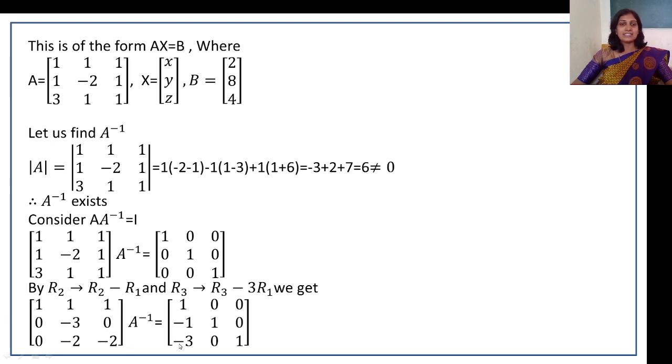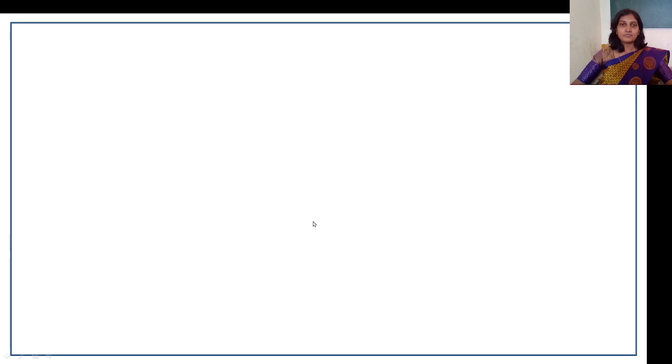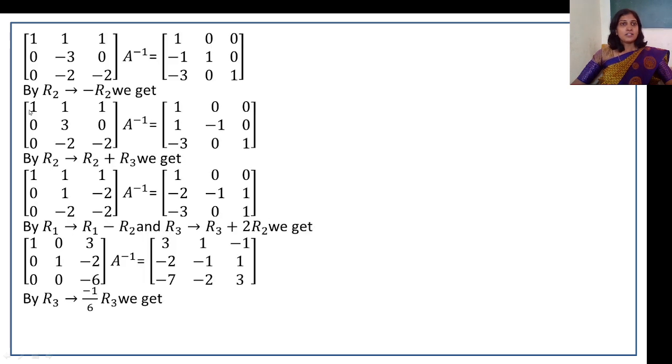0 minus 3, that is minus 3, 0 0, here is 0, and 1 and 0, so here is 1. Then use transformation. For that we make this first positive, that is minus 3 as a 3. So for this we multiply by minus sign. So we will get this 0 3 0 1 minus 1 0. Other rows kept as it is.